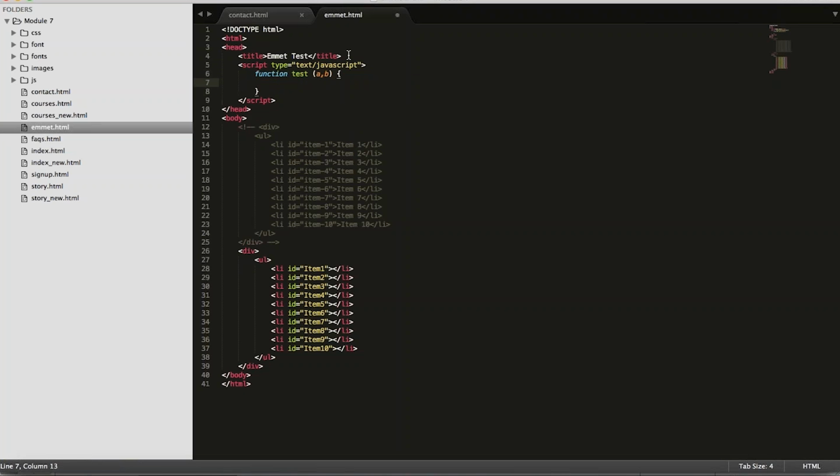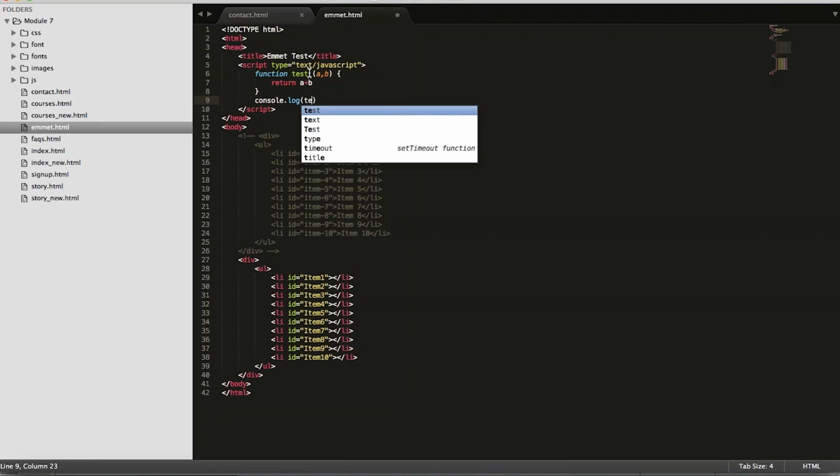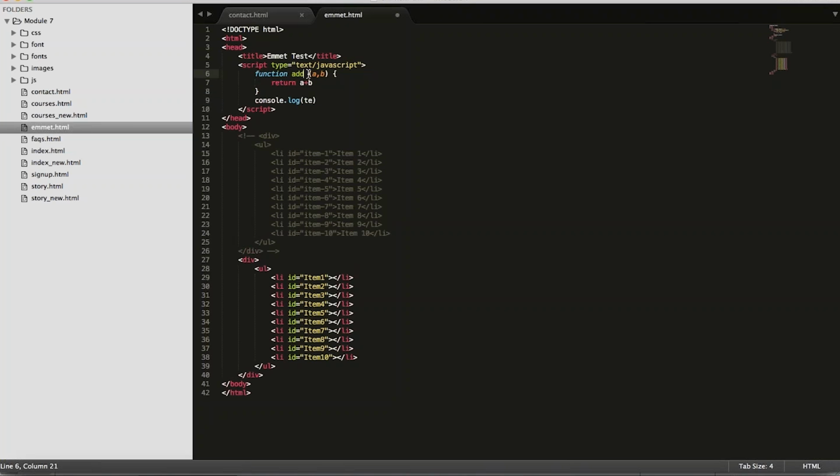In this particular JavaScript function, you can do anything. Let's say I need to write a function to add two numbers, so I will simply write A plus B, and when I do console.log, I'll just make it add so it seems more meaningful. So let's say add 1, comma 2. Let's just see what has been done.